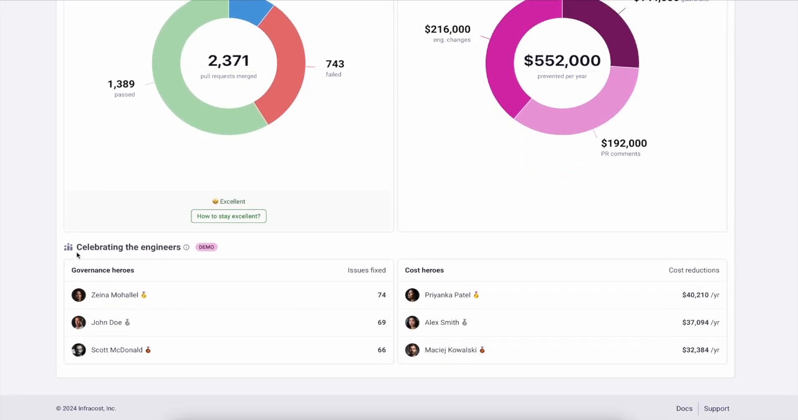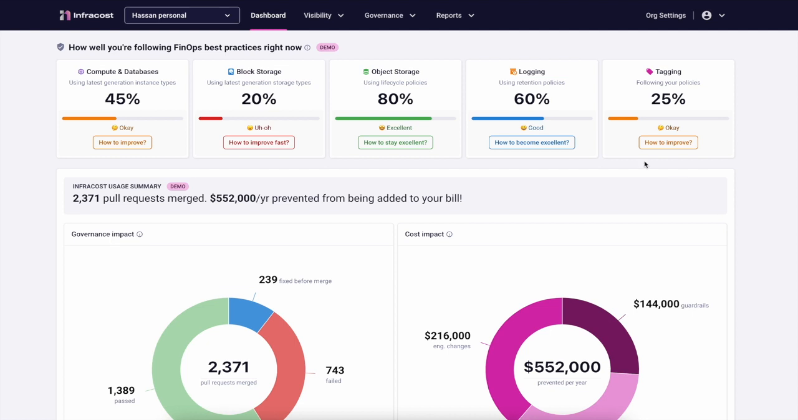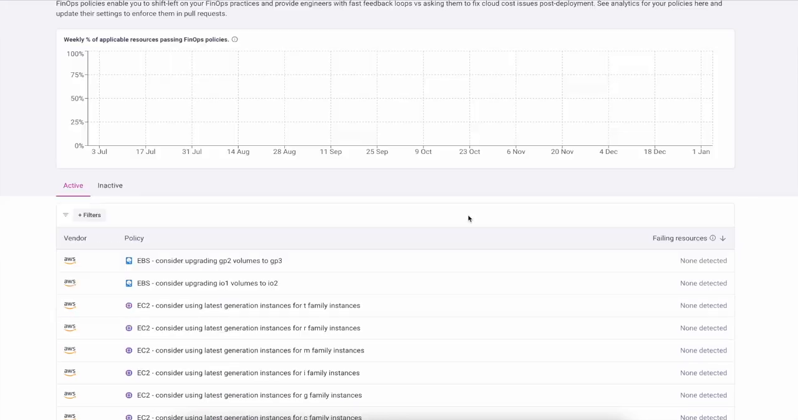And a final section here, which I think is a pretty important one, is celebrating the engineers. We show you the governance heroes and the cost heroes, your engineers who are having the biggest impact to not only your bill, but fixing issues. This is massively impactful. Now, if I go to the FinOps policies page under here,